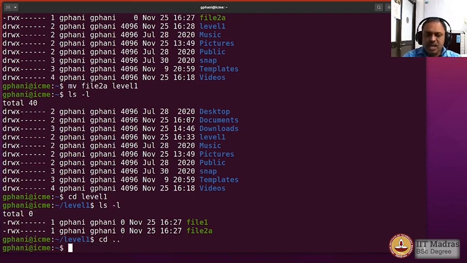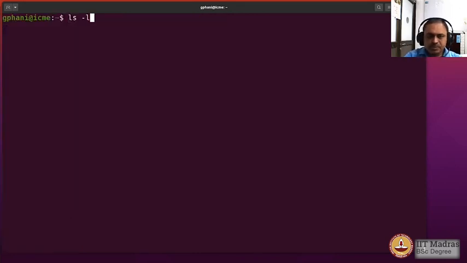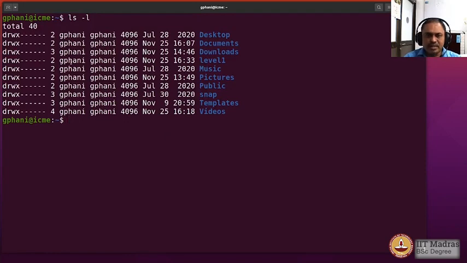Now one concept called hard link is something that we need to get familiarized with, just to understand what this number is that is coming here in this string. That is actually the number of hard links, and we mentioned the inode number in the context of it, and we can actually look at the inode numbers to understand what that is. So look at the folder called level 1. It has 2 hard links. So what are those 2 hard links? To understand that, we should get the inode number.